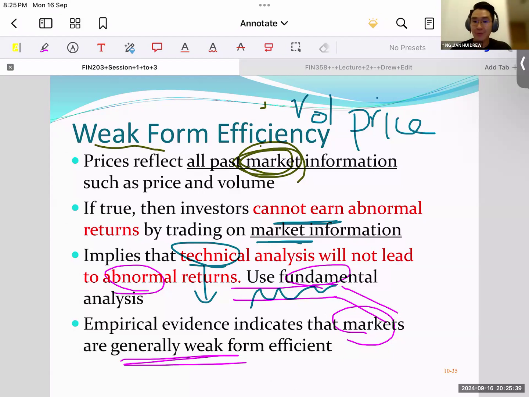Okay, so in real life, we are in a weak form, right? Weak form only includes market information. It means that if you have private information, meaning insider trading, you can't know the CEO of, let's say, Apple Corporation, or Singtel. You know the CEO of Singtel, and the CEO will tell you that, you know what, we are going to have a new